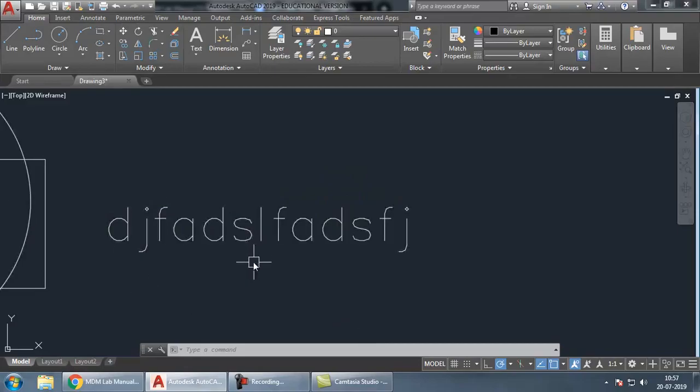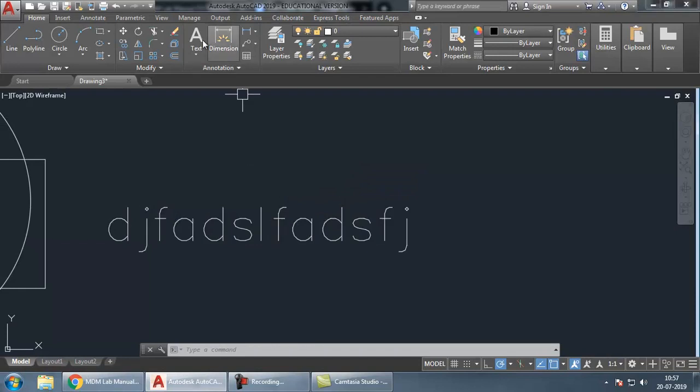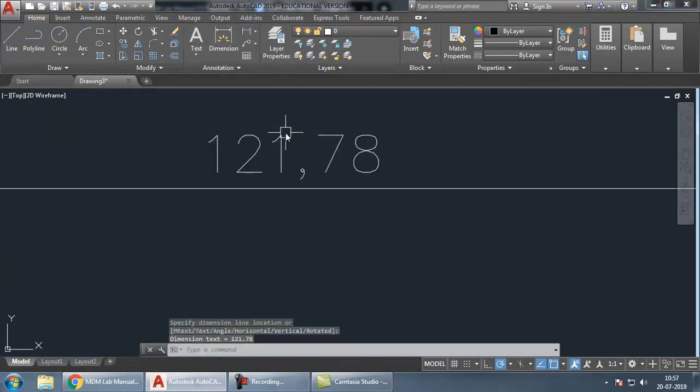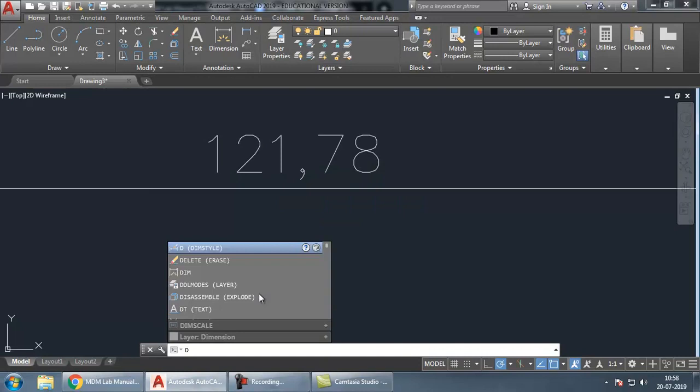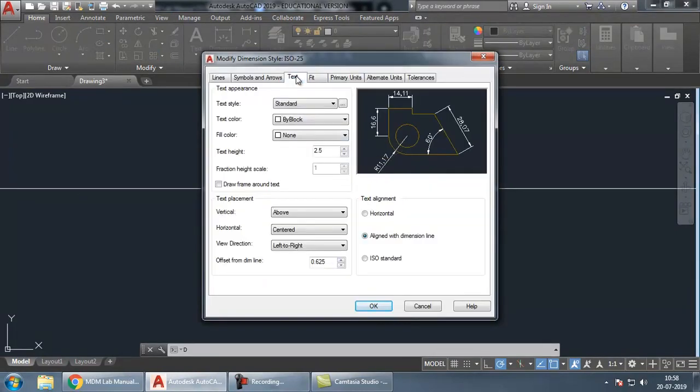Size we can choose it there itself. So next, the last setting that we have to change is for dimensions. When you draw dimensions, the text size of the dimensions is very small. So we need to make it slightly bigger. What you have to do is give the command D enter, go to modify dimensions, go to text option, and text height is available here.